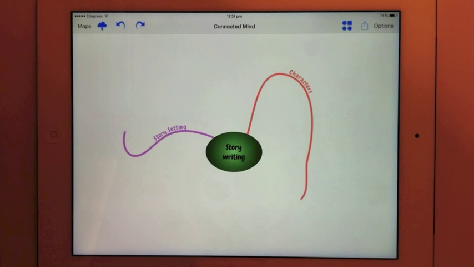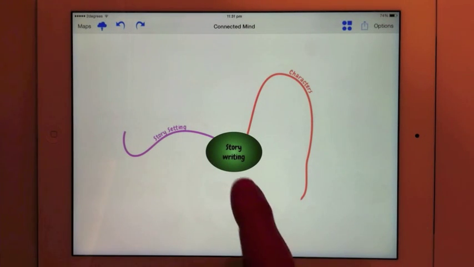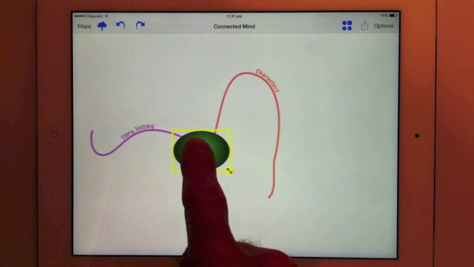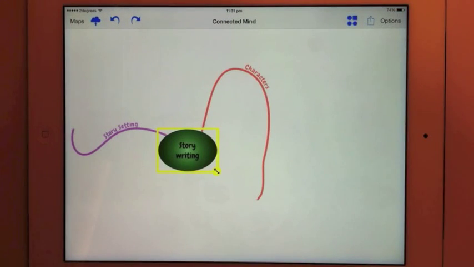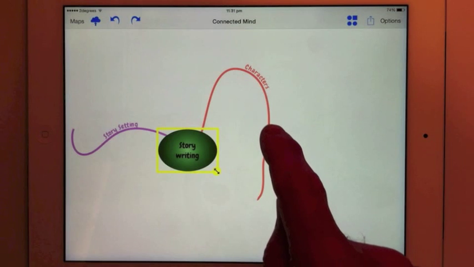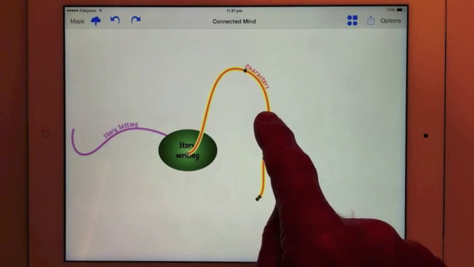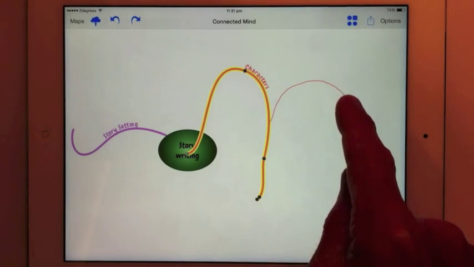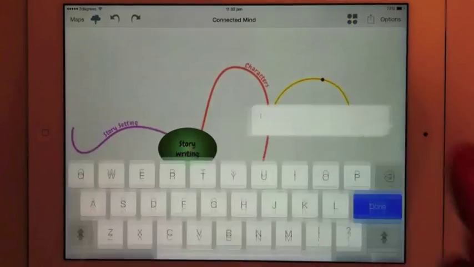Now let's add a sub-branch to Characters. But before we do, I want to make a little bit of space on the map. So I tap Story Writing, press down again in the middle and move my map across slowly. I now have room to add my sub-branch. So press down on what will be the parent branch Characters and, drawing a nice big loopy branch, lift my fingers,